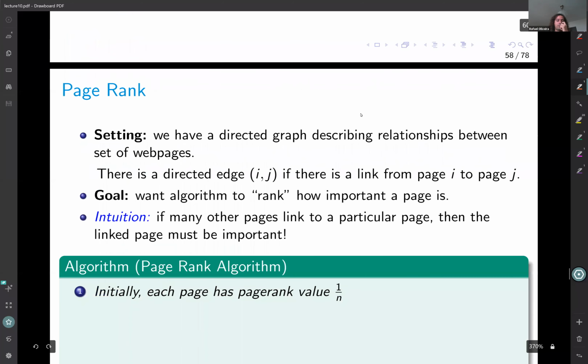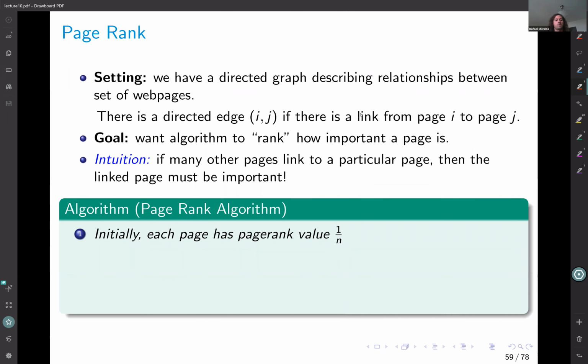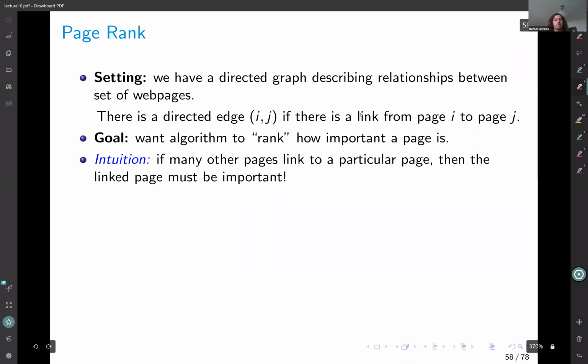All right, so how do we capture this? So here's the PageRank algorithm. We get the web graph of all the web pages, and initially we just give each page the same rank because we just know the relations, but we don't know yet how many are there. And that's one intuition: if many other pages link to a particular page, then the linked page must be important. But also the other intuition that we should have